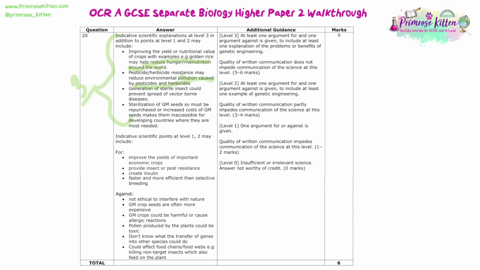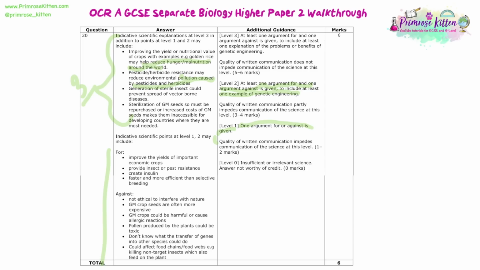And these kind of issues. So you need to have a read of your answer, and then we need to think about a couple of things. How much indicative content, level 1 to 2, did we include? So to get into level 1, the minimum you need is one argument for or against. To get into level 2, you needed one argument for and one argument against, and you need at least one example of genetic engineering. So an example can include disease-resistant crops, creating insulin,